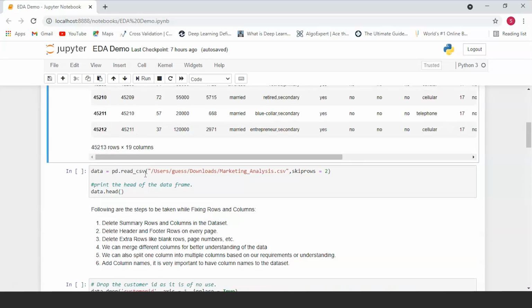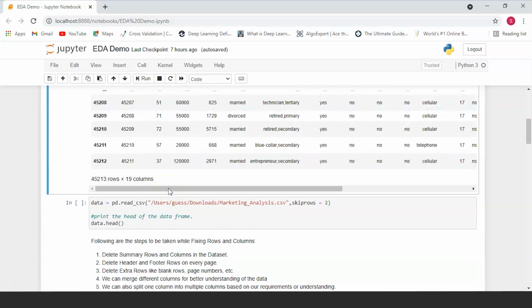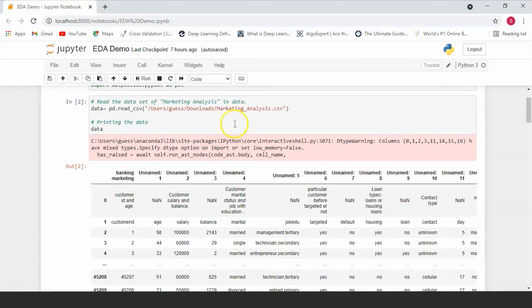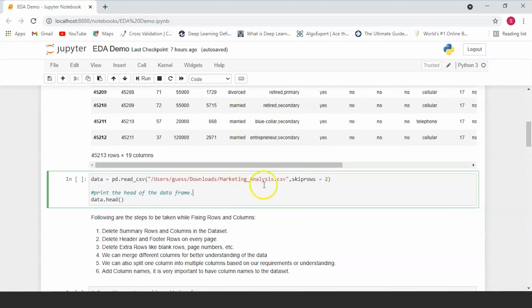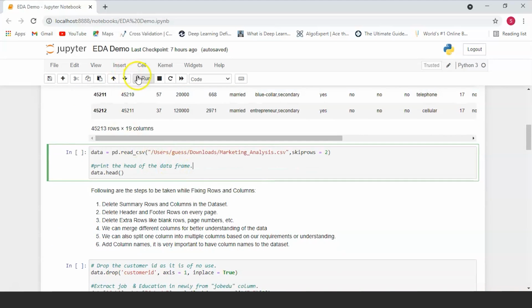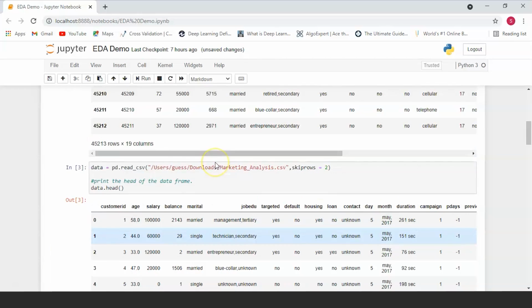The first thing that we're going to do is correct the header of our data set. We're going to put the values in these two rows here on top so that the columns have their proper names. And to do this, instead of importing our data completely, we're going to skip the first two rows as they're not needed at all. Yes, so this is what our dataset looks like after skipping the first two rows.